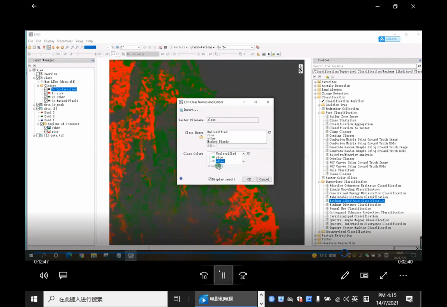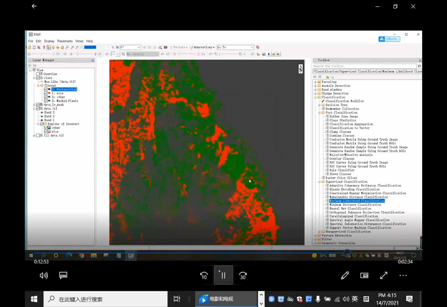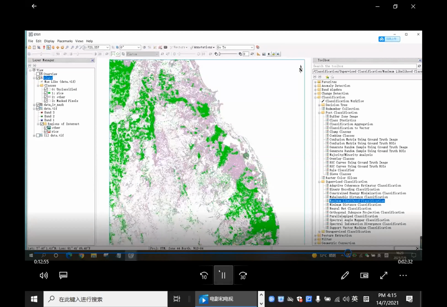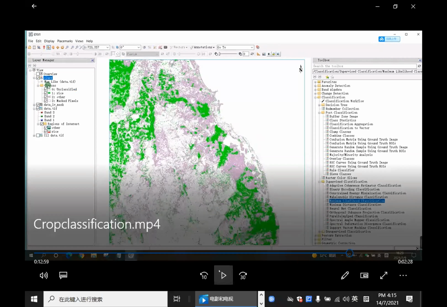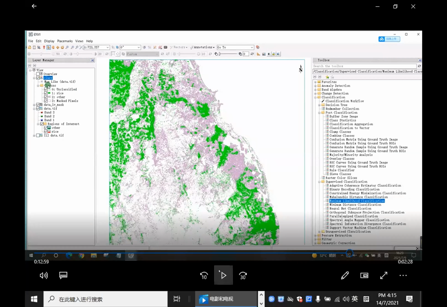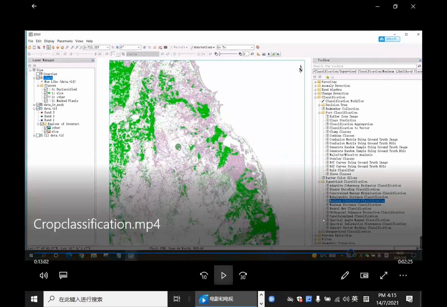crop types. And after the crop classification results that we have acquired, in this picture we can see that the rice is showing the green color, and the others are not highlighted. Okay, after the classification,